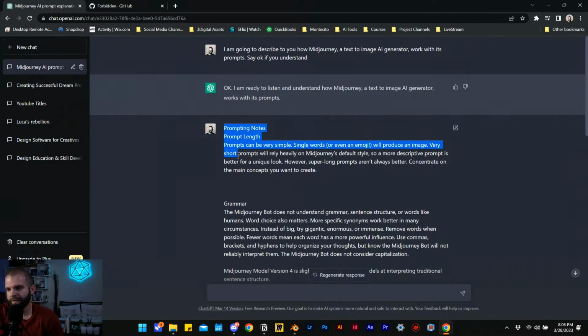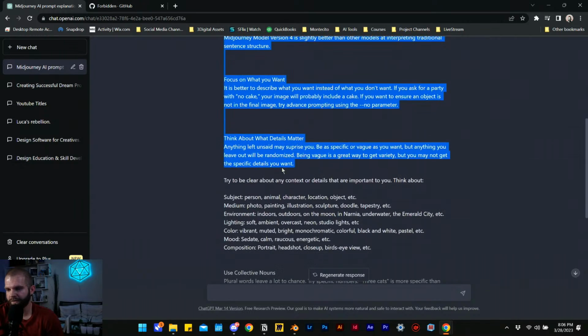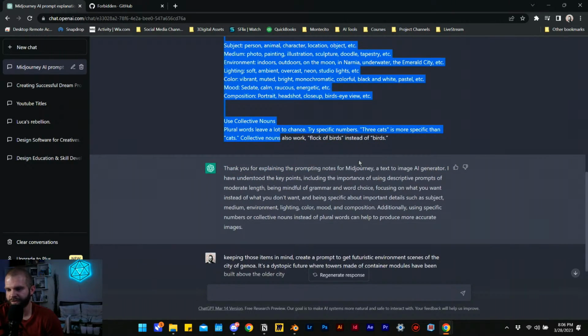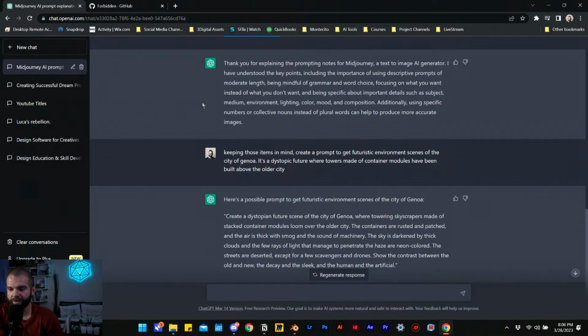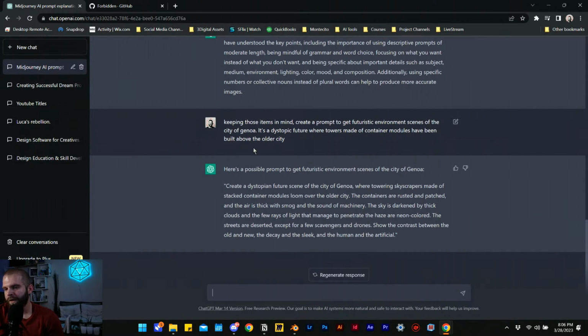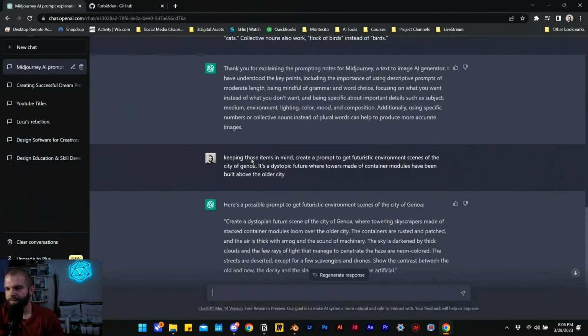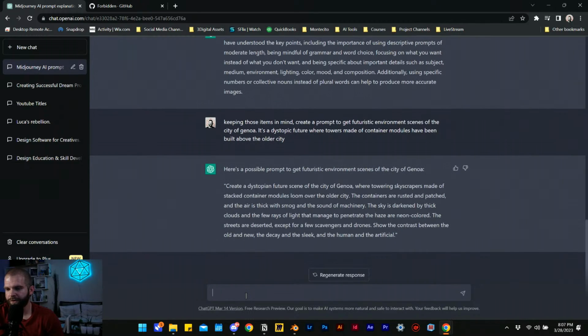So everything that is on the website, just paste it in here and have ChatGPT understand how it is that Midjourney works. And with that, keeping in mind the parameters set out by Midjourney on their guide, what sort of images do we want to get. So we have a few scenes I want to get through, but we'll focus in on one, which is a